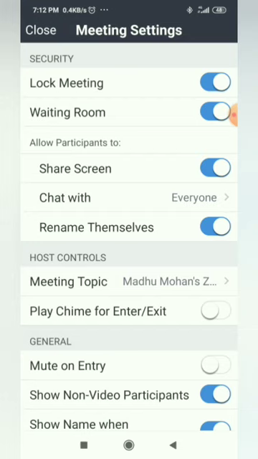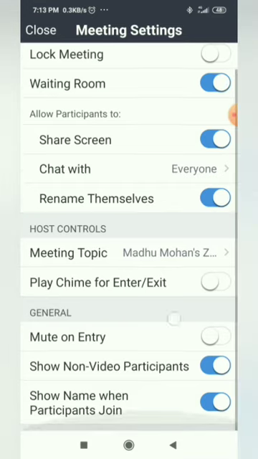So this recently happened during one online session. One parent messaged me on WhatsApp and asked, we are not able to get inside. It shows that we are locked. So this also is one more thing. But for teacher and student sessions, we should not click this lock meeting, because sometimes due to network problems, they will go out and they will come in again. So it is not necessary.